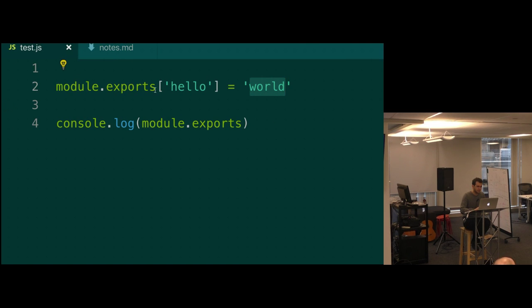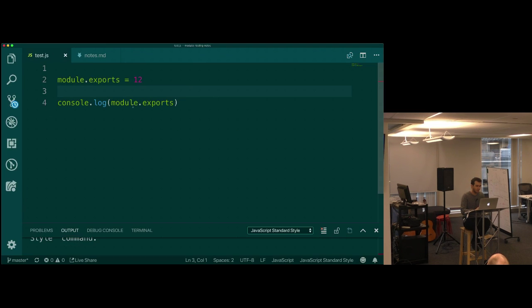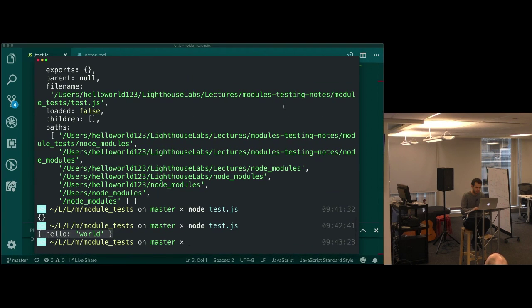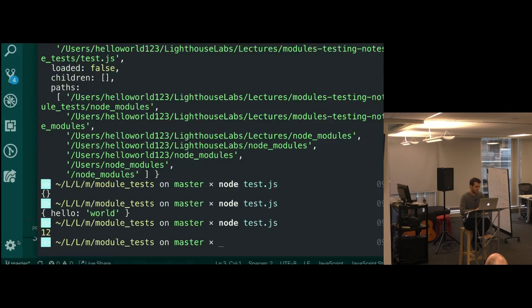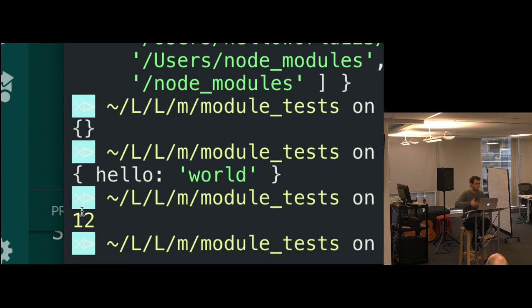Exactly. I mean, here's something even funkier that I could do. Let's just reset module.exports to not even be an object. Let me set it to the number 12, right? And now when I console log module.exports, it's the number 12. I have control over changing these things. At the moment we don't know what this is useful for, but I'm showing you that when you see a value, you can go change it and see what happens. Is that a question over there?